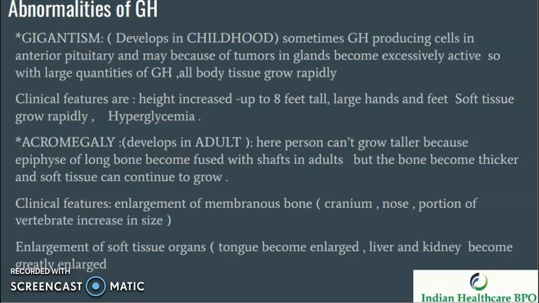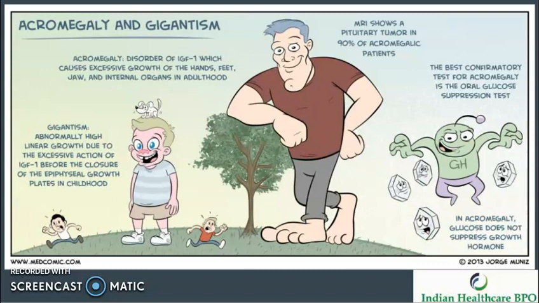Here, the person can't grow taller because the epiphyses of the long bones have fused with the shaft in adults, but the bones become thicker and soft tissue can continue to grow. Clinical features of acromegaly are enlargement of membranous bones like the cranium and nose, and portions of the vertebrae increase in size. Enlargement of soft tissue organs: the tongue becomes enlarged, and the liver and kidney become greatly enlarged. This is the picture of acromegaly and